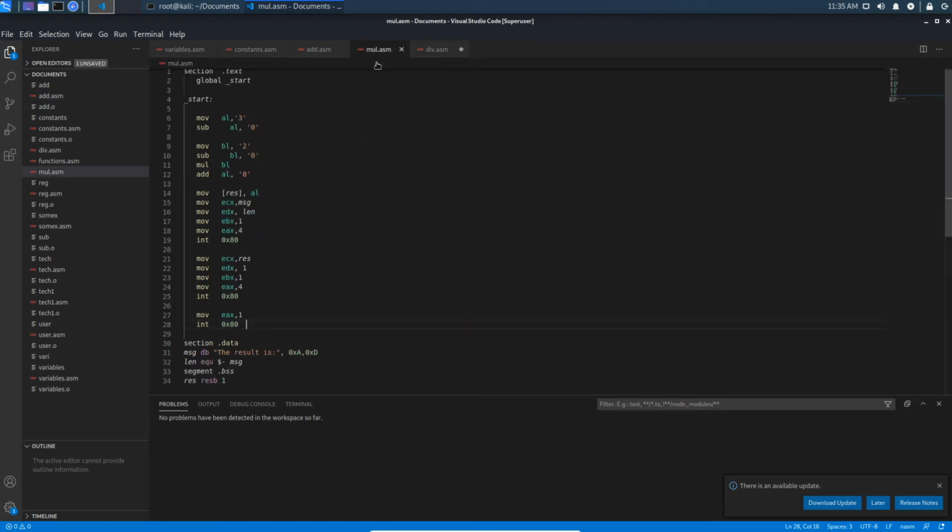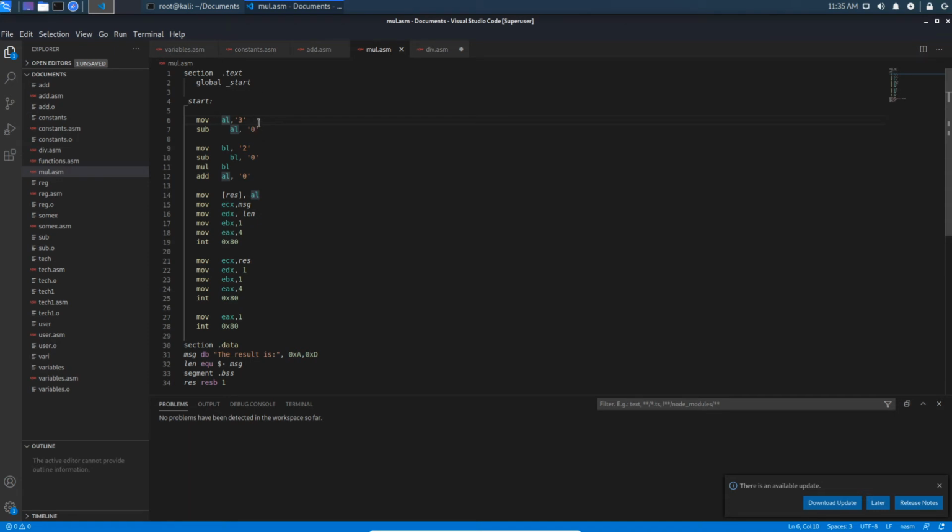Let us take a look at multiplication. Here we took the variables as hard coded. Hard coded means static input, in C programming terminology. Here is the AL register; I think all members know what the AL register is. If we divide the EAX register into two parts, we get AL and AH. If you combine AL and AH, we get the EAX register.